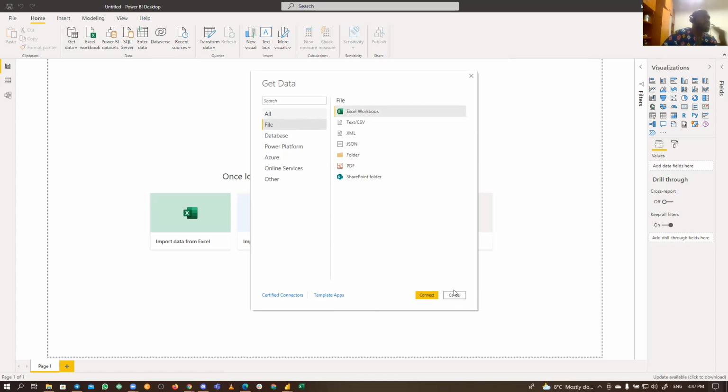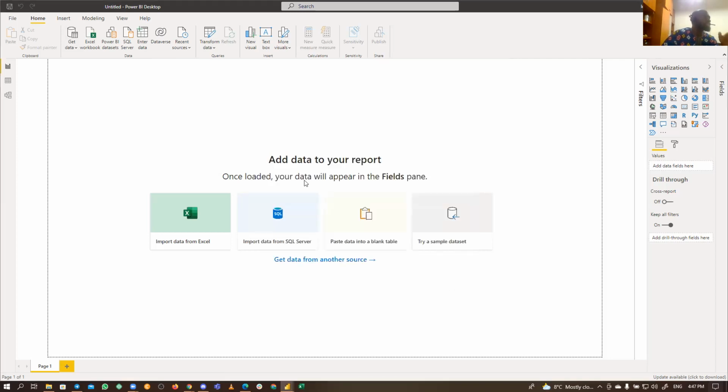Before I show you that, not necessarily do you come here all the time. Some of them are here for you. You can connect directly from Excel. You don't need to go here again. You can connect from Power BI dataset. You can connect from SQL Server. These are important because you are likely to use these tools more often than the rest. So I think that's why we have them here so that you can easily access them.